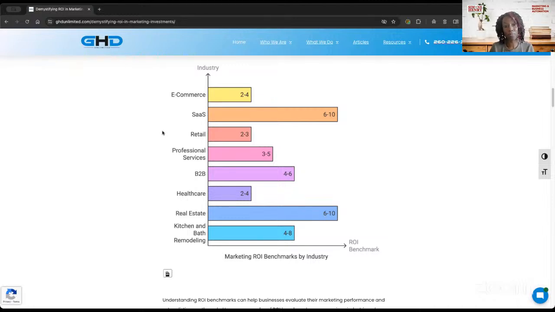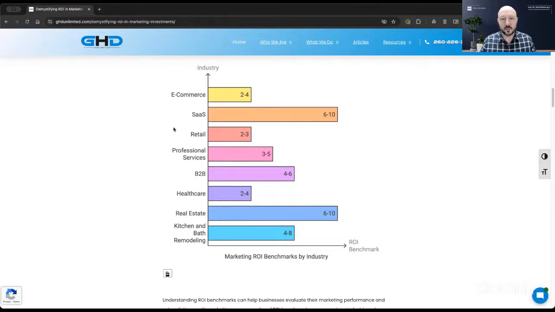Exactly. The SaaS model, one of the reasons it tends to have a higher ROI is because it is a recurring revenue model, usually subscription. And so you get much more value out of a long-term customer, and that's incredibly important in that case. Again, this is kitchen and bathroom remodeling, that's kind of a one and done situation, although if you do it right, you could make them more long-term and increase that CLTV.